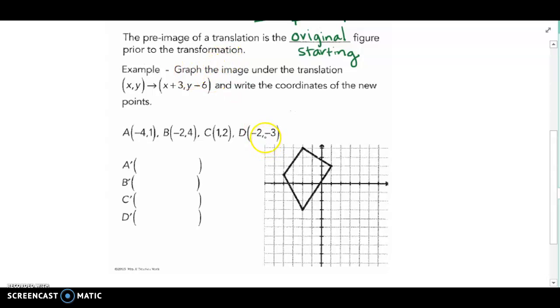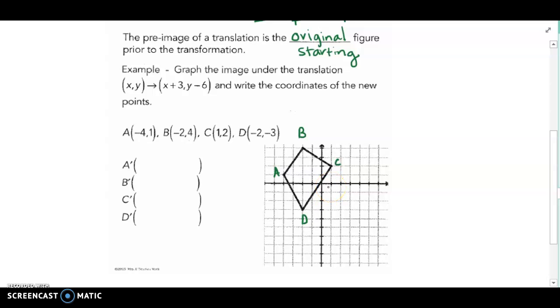Now, one of my absolute pet peeves is when we have a graph and we don't label the points. So A is negative 4, 1, B is negative 2, 4, C is 1, 2, and D is here. Okay, so when we translate something, or anytime we make a transformation, our A is going to go,